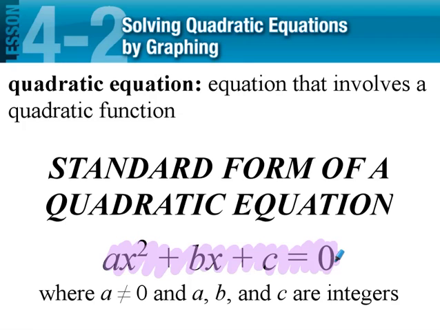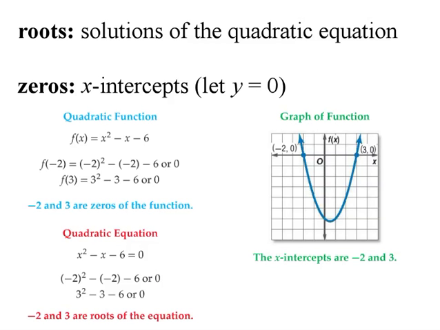Okay? A cannot equal 0. So a has to be a number, because if it were 0, you wouldn't have an x squared, right? a, b, and c are all integers, which means they are positive or negative whole numbers. No fractions. So now what we're going to do is go ahead and just look at a